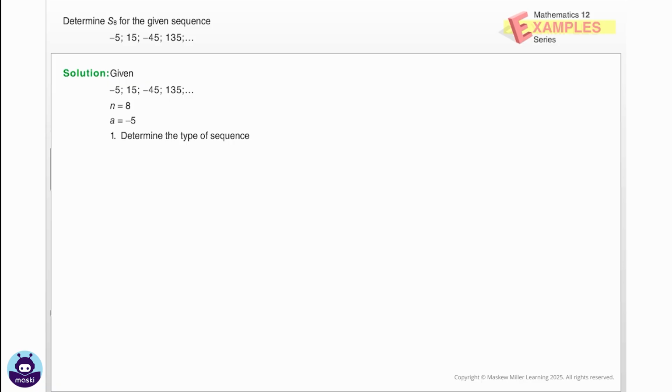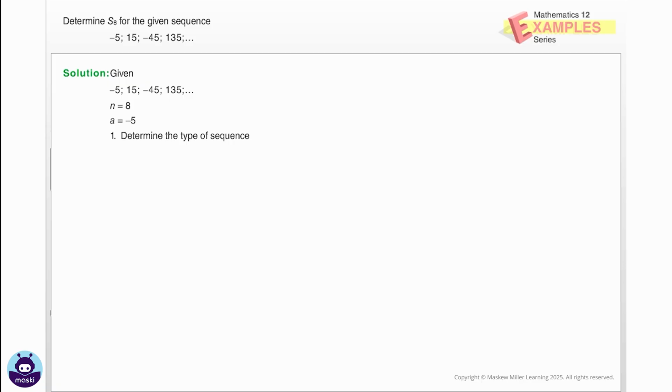Example 1. Determine S8 for the given sequence: -5, 15, -45, 135, and so on. Solution. We have now learnt to evaluate both arithmetic series and geometric series. Let us recognize the type of sequence to choose the right formula for determining the sum of first 8 terms